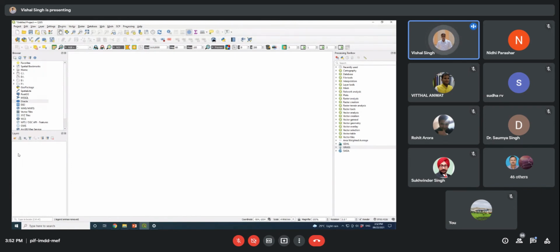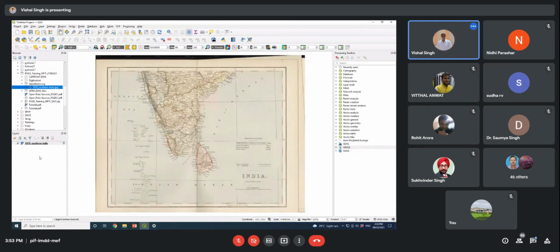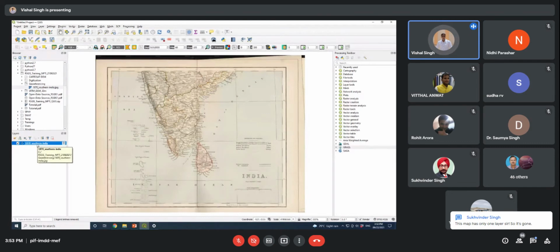The second option is how you can add the dataset. You can go to the browser window, go to the C drive and locate the directory where you have kept your dataset. Like I have kept my dataset in the C drive, under this folder. I will first find my folder where I have kept my data, and in the georeferencing folder I can see that this JPG image is there. I can directly select and drop it here, so again it will be added here. These are the two options. You have already seen how you can add the layer.